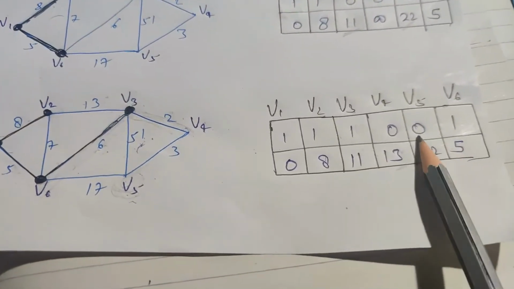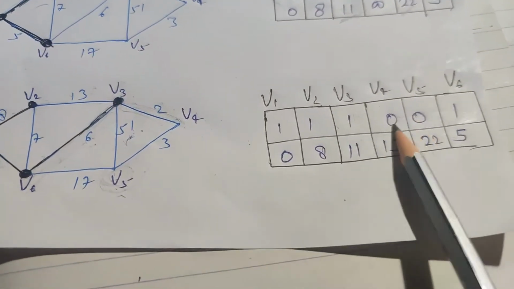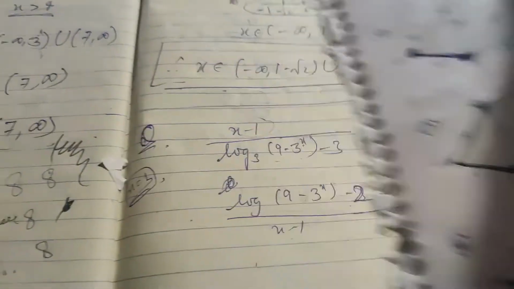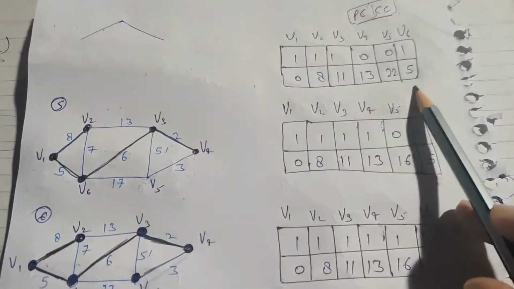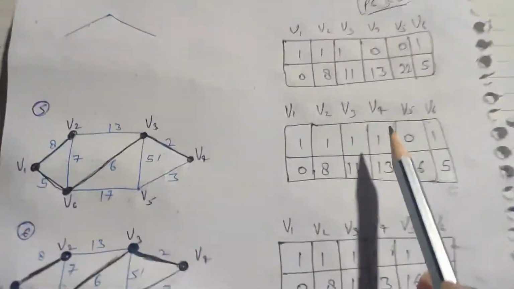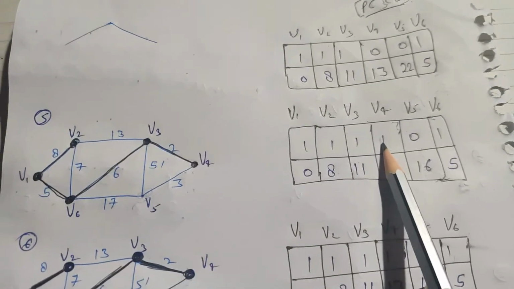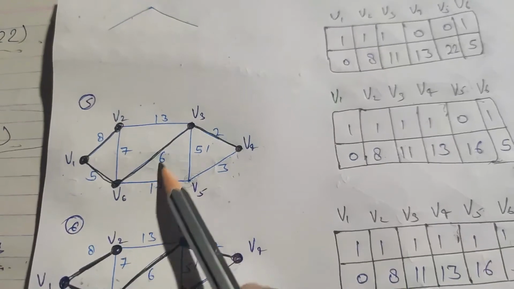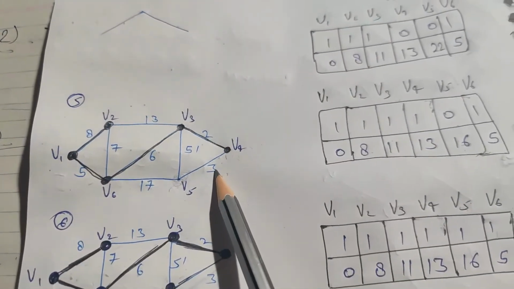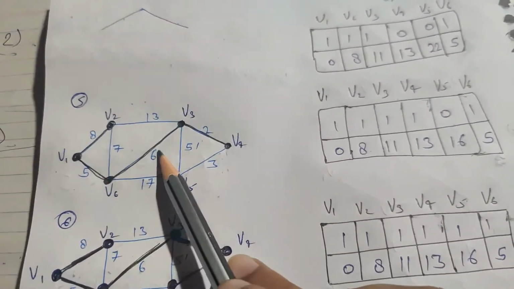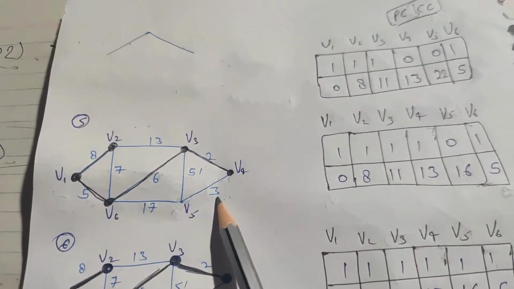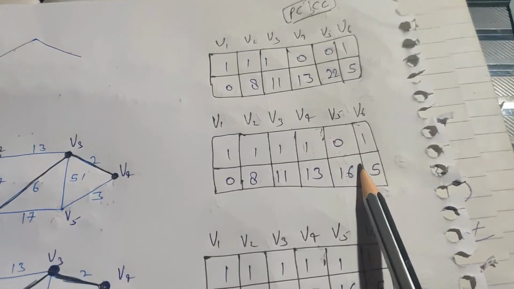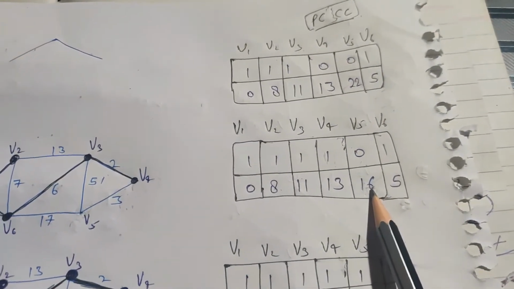Now let's go to the next step, and for that the minimum among the unvisited is 13. Let us visit v4. So this is from the previous step. We have visited v4 and marked status 1. After I stand at v4, the unvisited node is v5. Let us calculate the distance: 5, 6, 2 and 3. It will be 16. Initially it was 22, so I update the minimum over there.